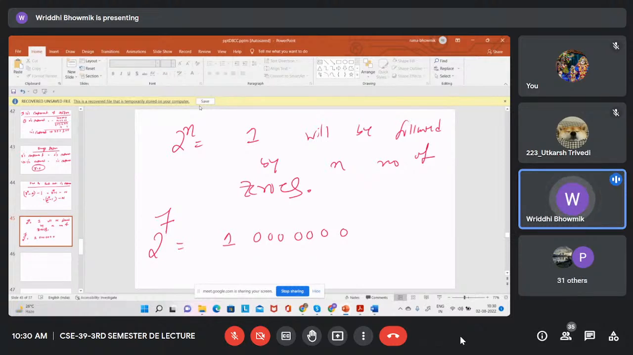Now, sir, how could I tell this? Because in case of 10 to the power 4, we can understand that 1 will be followed by 4 zeros. Or when we have 10 to the power 5, then we can say that the 1 will be followed by 5 zeros. But in case of 2 to the power 7, sir, how could I tell that there is a 1 and it will be followed by 7 zeros? So the situation is